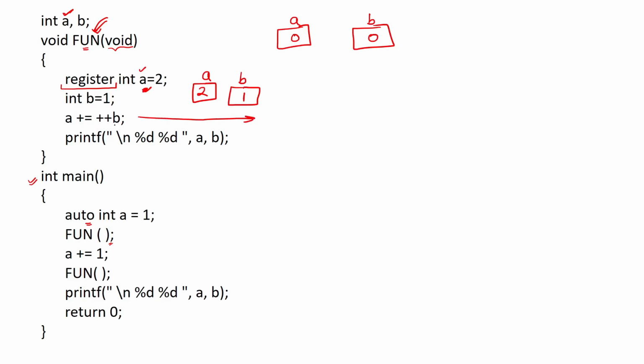How can I execute this line? The plus plus b means you just add 1 to b and update the value of b. This means a plus equal to, and now b is present. Now we have two b's: this b and this global variable. Which b should we access? We have local and global also. You know inside the C language, whenever we have the same name for a local variable and a global variable, the local variable will be given the priority or precedence. That means this local variable b will be accessed here.